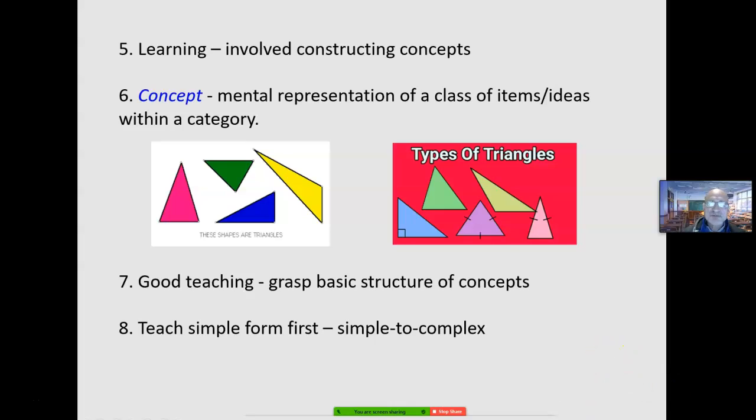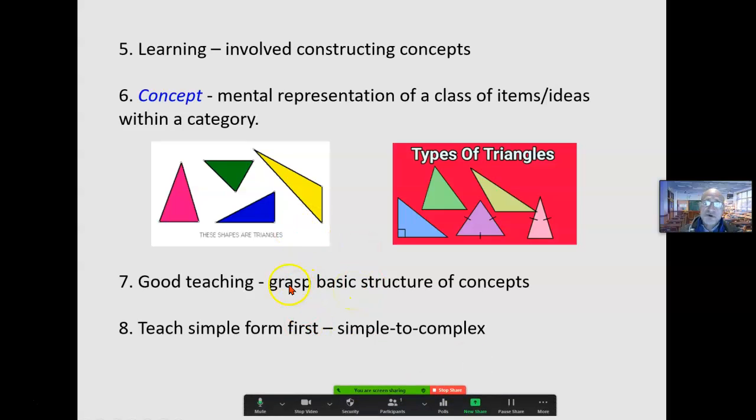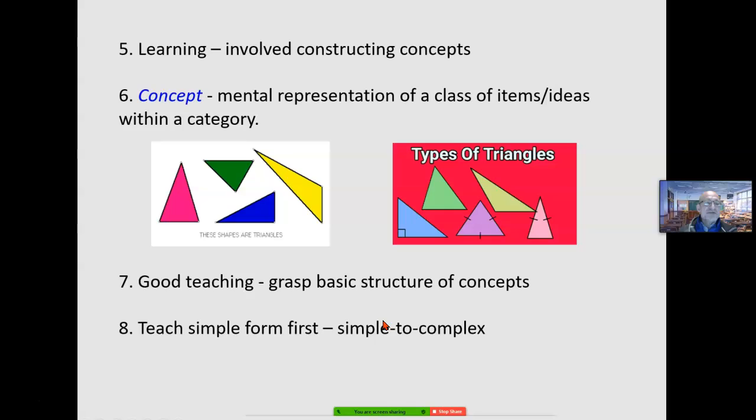This is the concept of a triangle. But I would say, boys and girls, what's the same about all these shapes? Oh, they all have three sides. Oh, they're all straight sides. Oh, there's no doors in the shape. From that, we would construct, okay, a triangle has three sides. They're all pointy. That's how discovery learning happens.